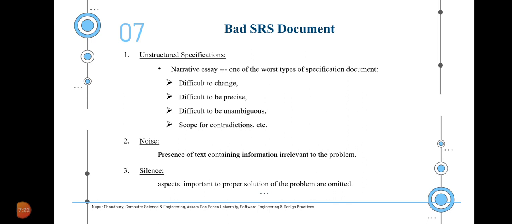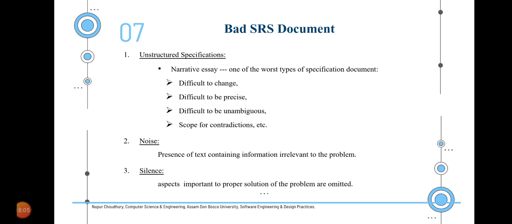That means if it has long written material, that means narrative essays without any proper specifications, numbering, indentation, etc., it turns out to be very difficult to change, because identification of bugs and identification of changes becomes difficult when you write things in long paragraphs. Moreover, it becomes difficult to be precise because already a long form of that particular activity or requirement has been written. So shortening it up might miss out some of the information.